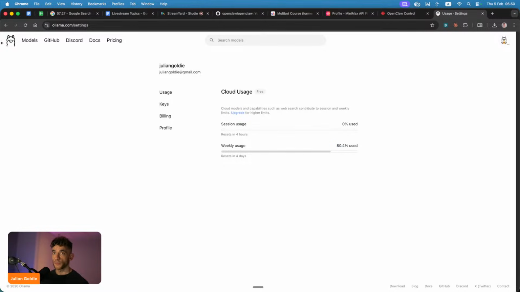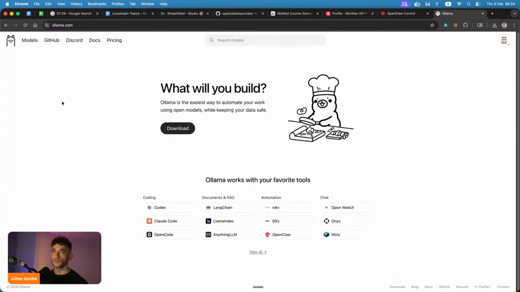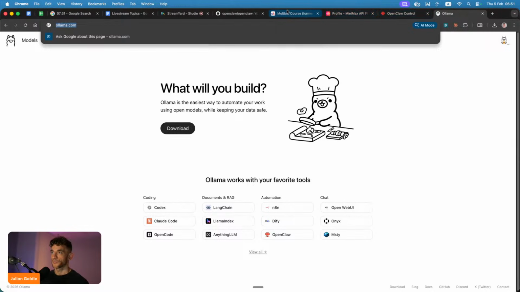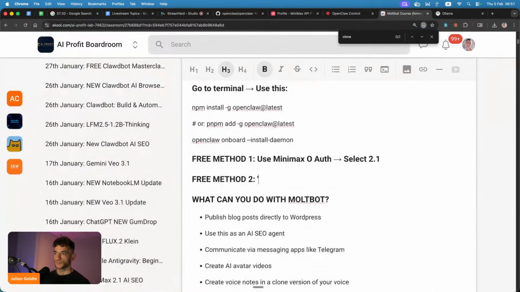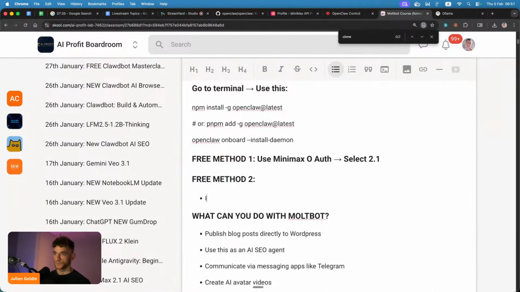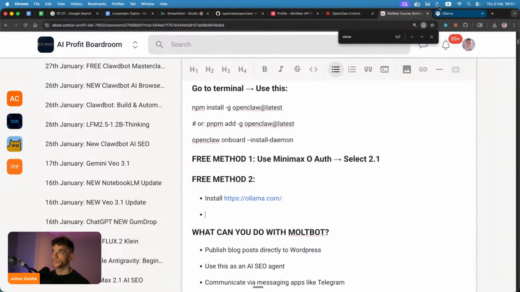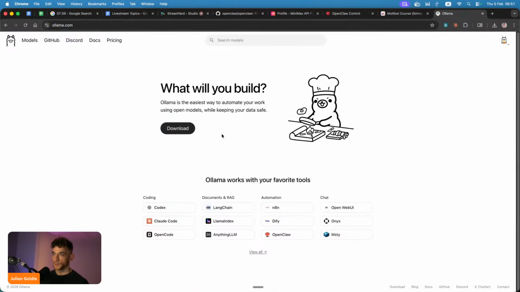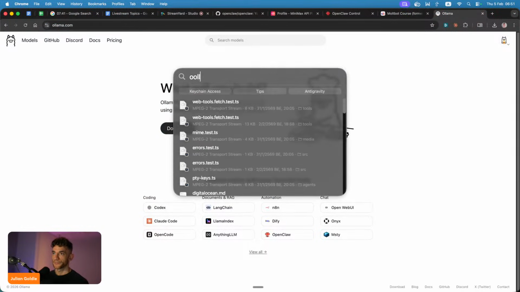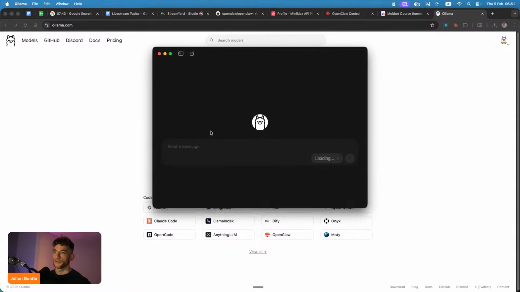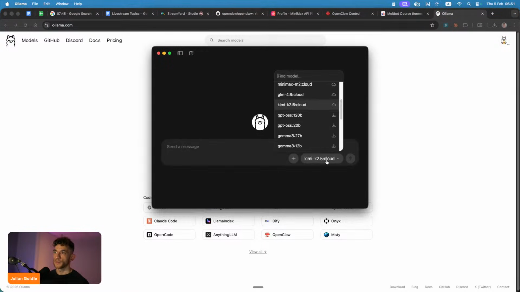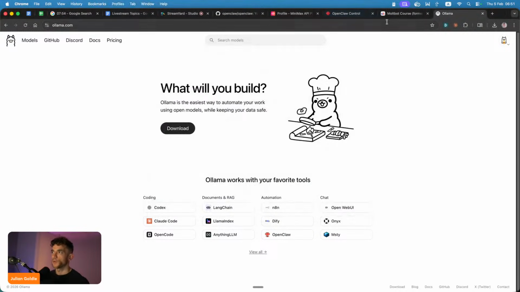And the way that you would set this up is, number one, you need to install Ollama. So you install Ollama, you can download it right there. Then you're going to open this up. As you can see, you're going to make sure you have Kimi K 2.5 Cloud downloaded and ready to go, as you can see right there. And then once you've done that,